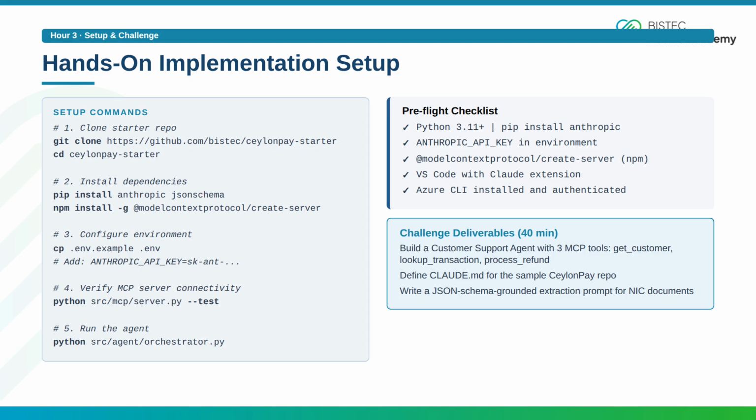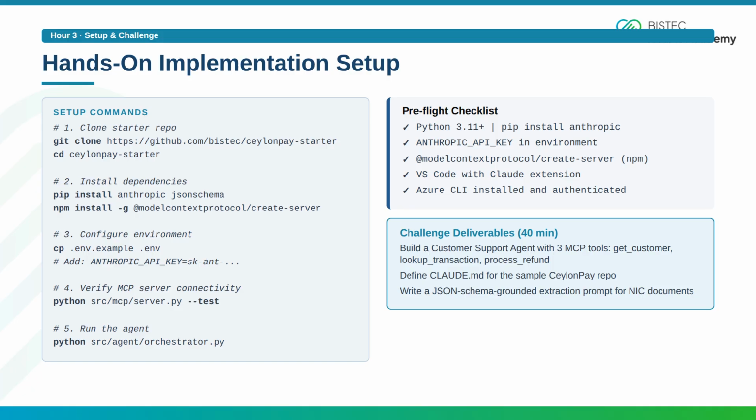In the configuration, start by cloning the starter repo and installing dependencies. Pip install anthropic jsonschema, and npm install the Model Context Protocol create-server package. Copy .env.example to .env and add your Anthropic API key. The API key must be for an account with access to Claude 3.5 Sonnet